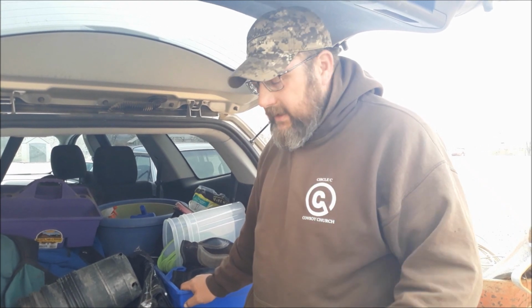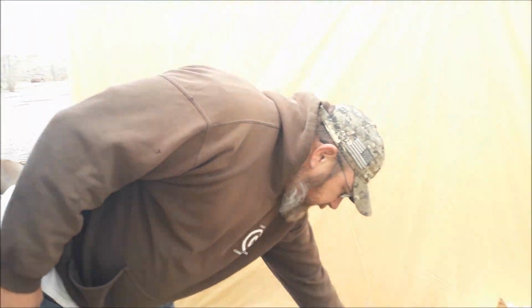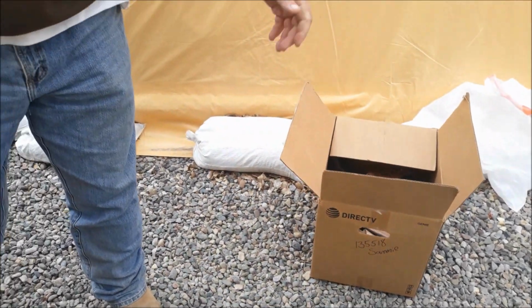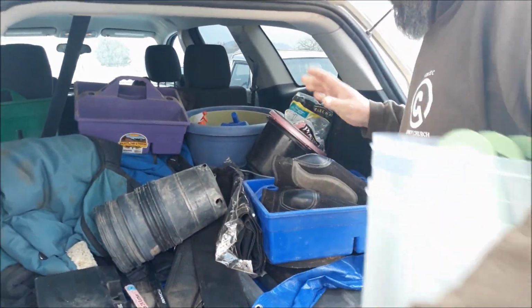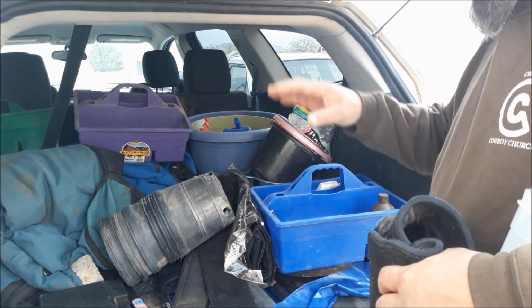So we just got back from the yard sale, and there were some people that beat us there. Actually, they got there early. They said 10 to 2, but the lady went ahead and sold them a bunch of stuff. We were like the second people there, or third people there, and she gave us a ton of stuff to resell. She just gave it to us, but we got just a bunch of horse stuff,